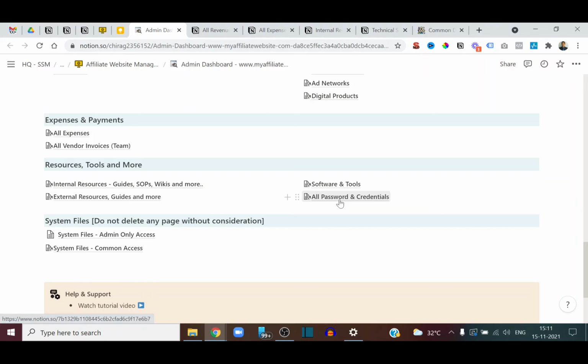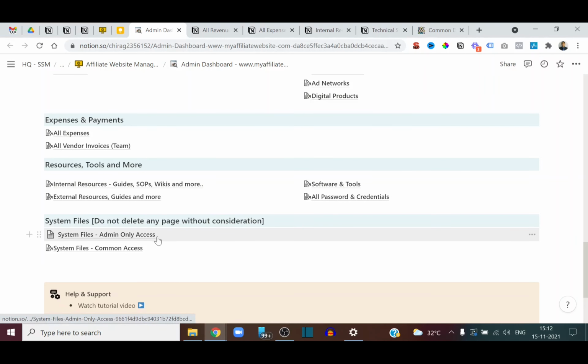You can manage all your passwords in one place, which is just with you. So if you ever have to customize it, you have access to all the files, everything. The system files, admin only access, has files only that the admin can access. Basically, the person who purchases the template automatically becomes the admin. You can add more people with admin access. Otherwise, you can add them to a common dashboard. The other files are basically the common files that will be shared with everyone in your team.